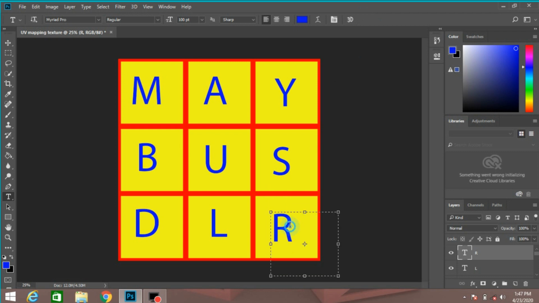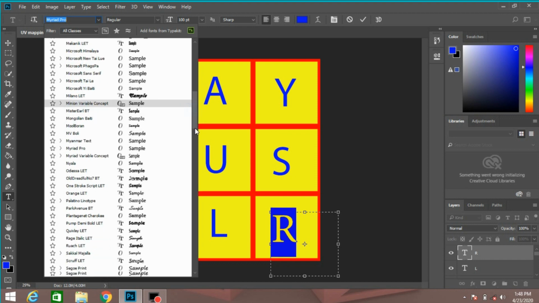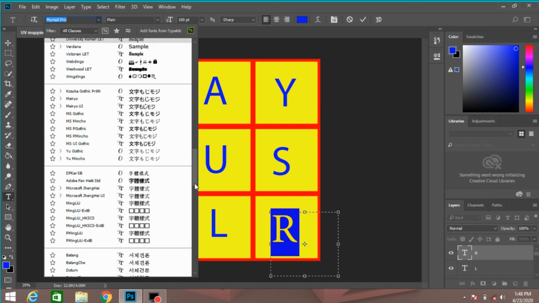You can also click here and change the font. Just click here and see which font you like. Here all fonts are available.